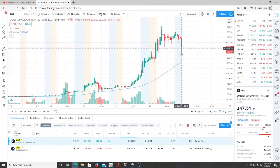GameStop, the long candlestick again. So they're all ending with the longest candlestick after hours, and they're all slightly dipping. Now, does that mean run? Does that mean charts are completely destroyed? No. But you definitely want to be vigilant on these